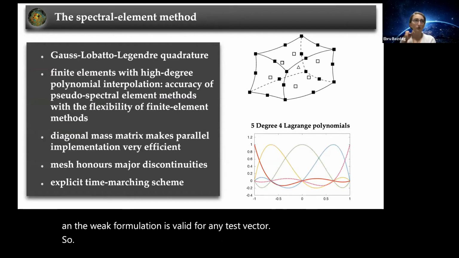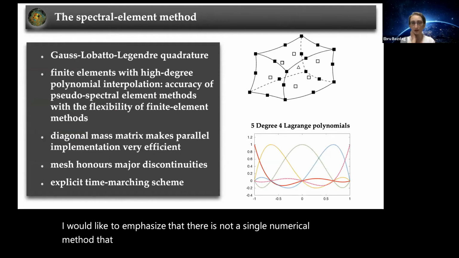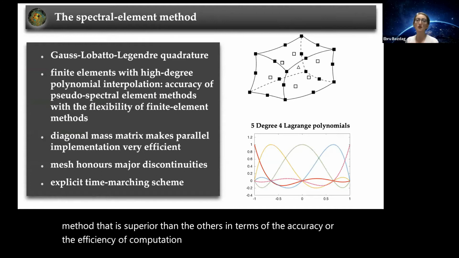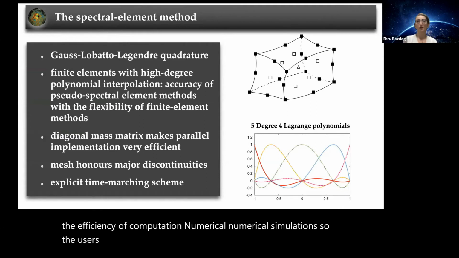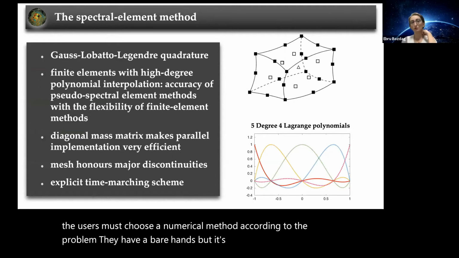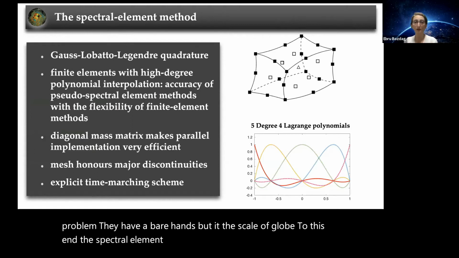I would like to emphasize that there is not a single numerical method that is superior to the others in terms of the accuracy or the efficiency of computation of numerical simulations. So the users must choose a numerical method according to the problem they have at hand. But at the scale of the globe, the spectral element method stands out to be the most successful